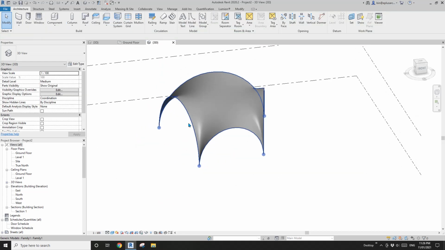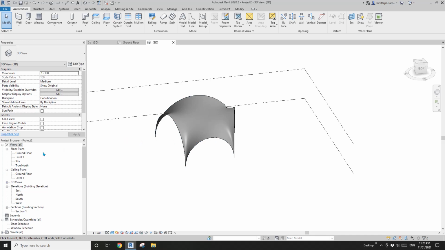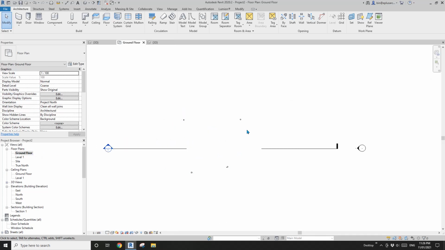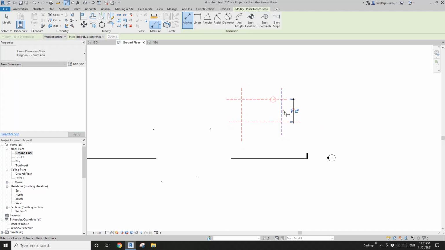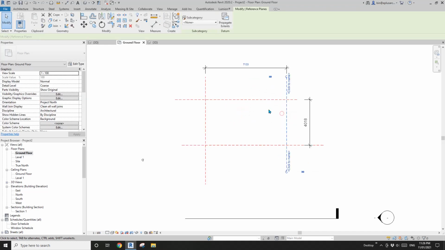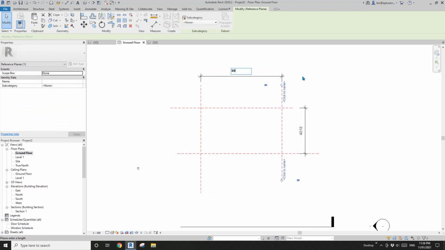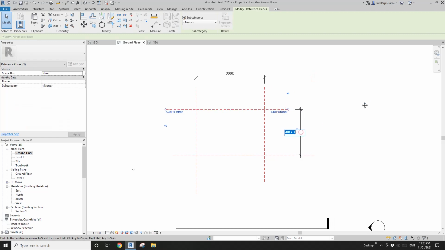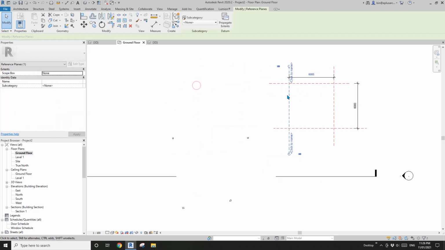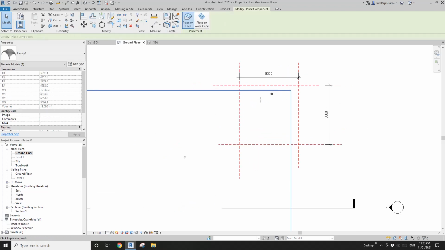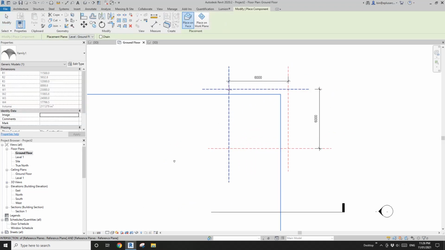Actually, previously, after some testing, I found that if I create some reference plane here, and I give them dimension, and I make it a square shape, so for example, 6 meter by 6 meter, and now if I try to place it in this